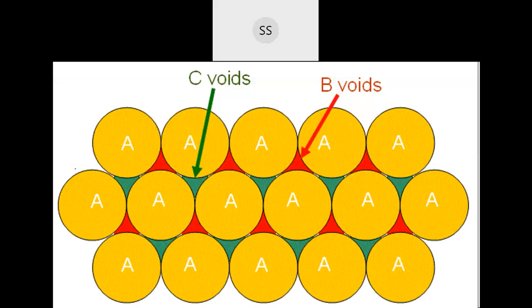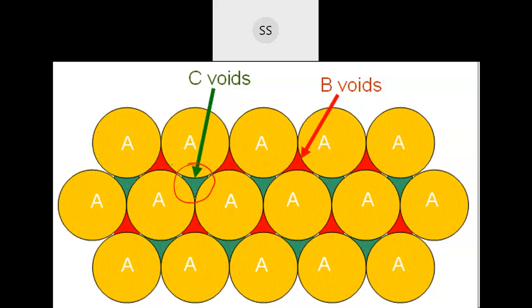If you take the base as a hexagonal, here you can see when you place a hexagonal, the empty space which is created, that red one and the green ones. You can place only on the red or only on the green, on alternate spaces which are available here. You can't place them one after the other because you will not get enough space, as you have seen. So either we place it on the red one or, instead of red, we place it on the green.